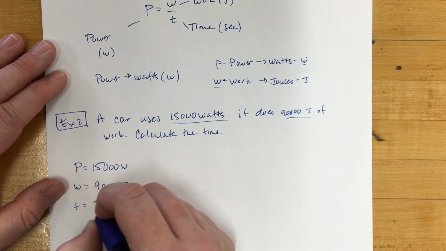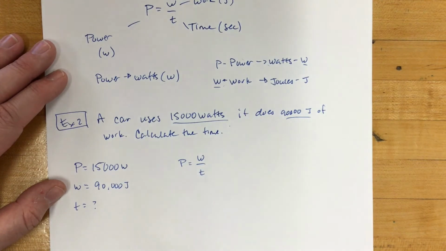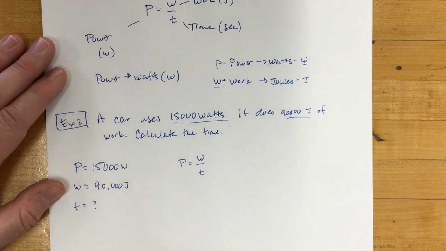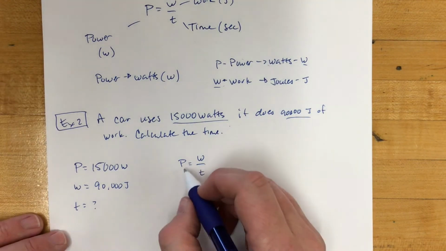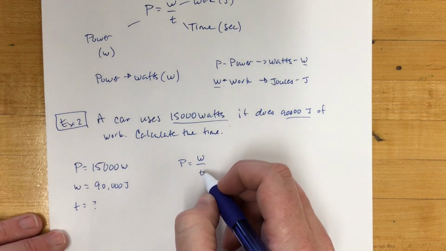We want to find the time. We know that power equals work divided by time. You have to be able to rearrange for time in this situation because you know the power and the work. So to rearrange for time, you have to get time by itself, and it can't be on the bottom of